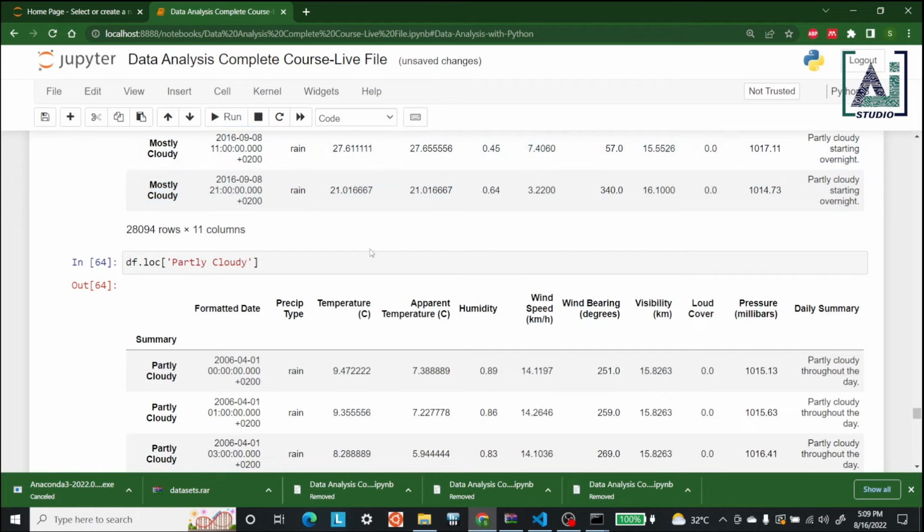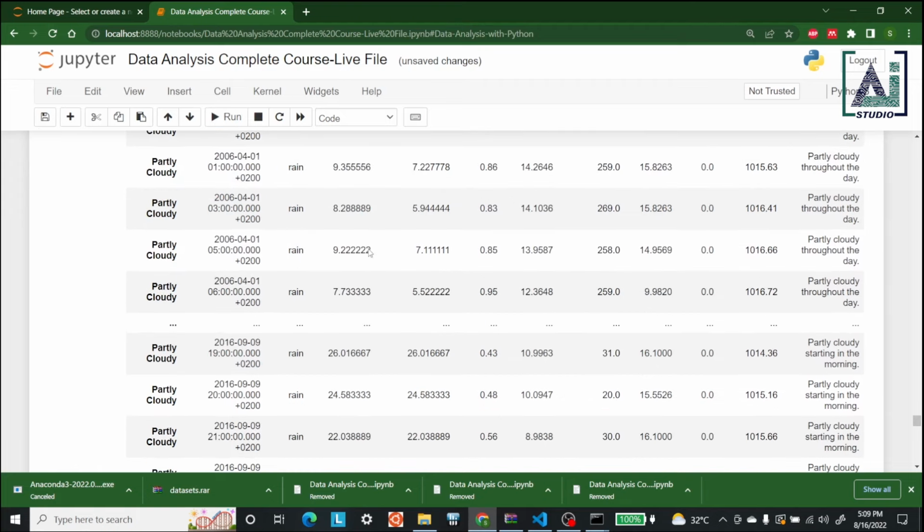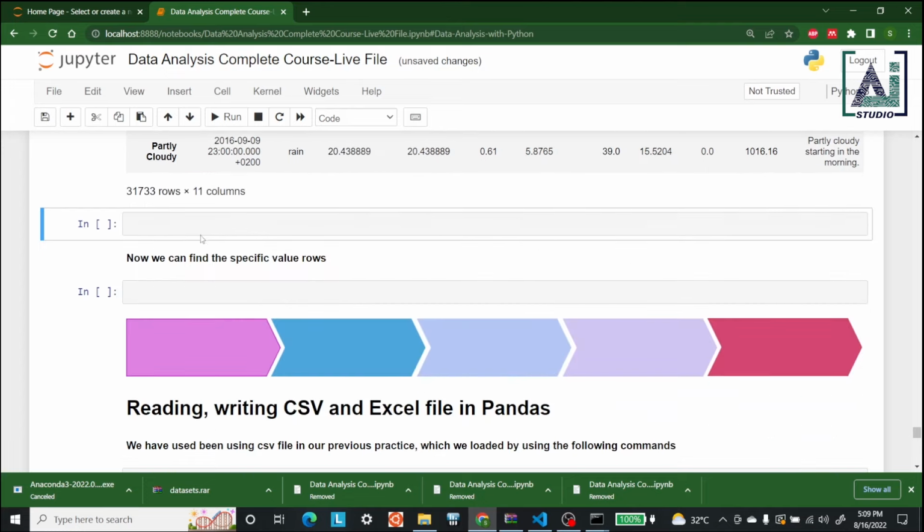So there we go. It is showing us only those values that have partially cloudy in them. So this is one way to get a group value out of the data frame. Another way is through location. For example, I can also tell it